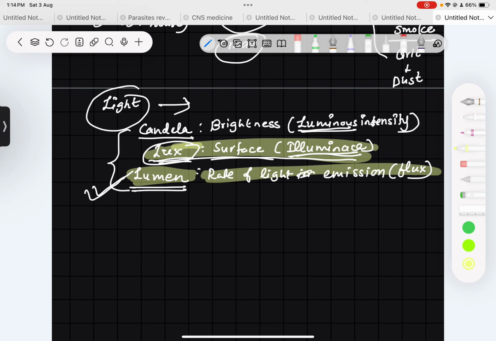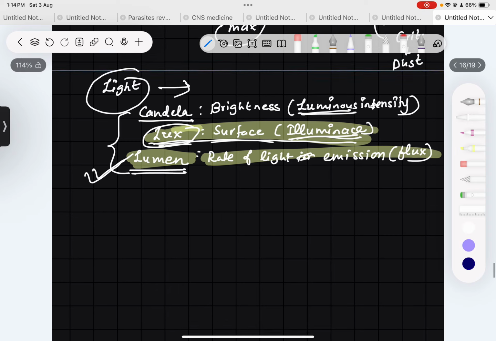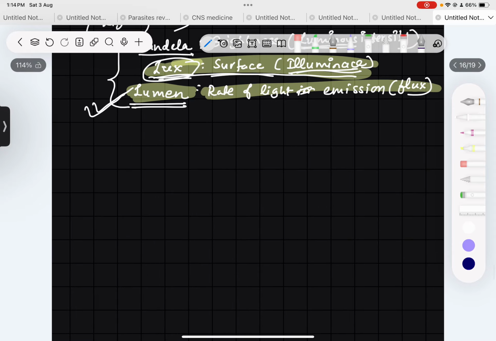Now about sound. We know that it is measured in decibels. We generally talk in the range of like